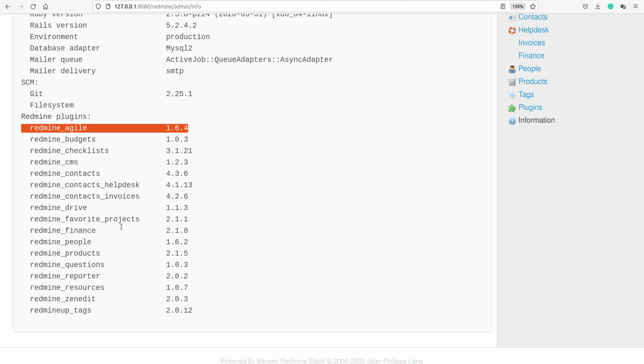So we have done our job successfully and we have installed a Redmine plugin on a Bitnami stack installed on